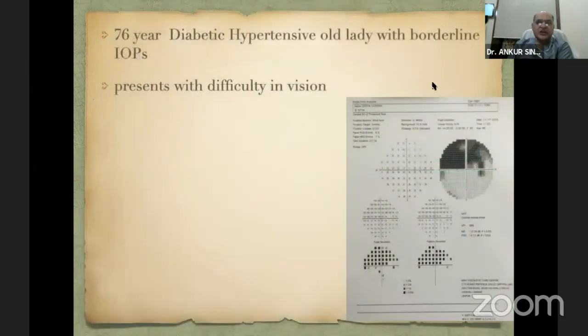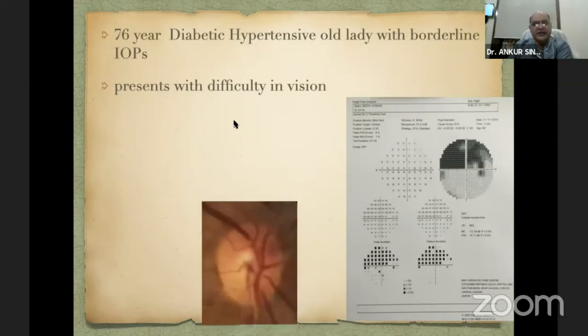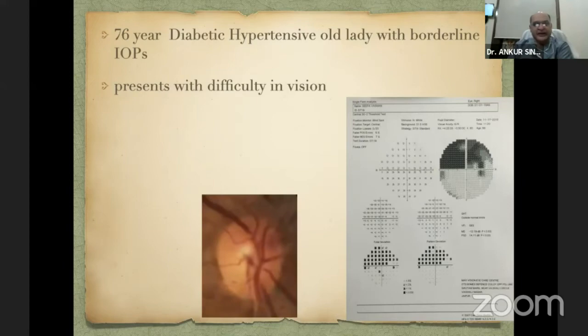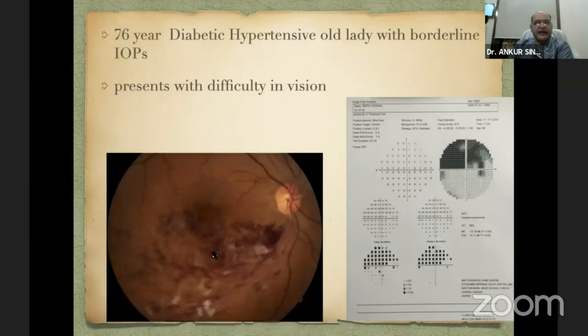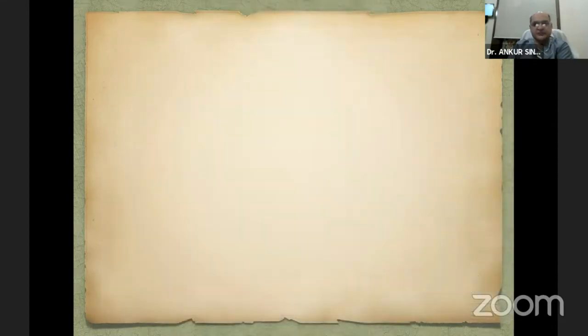Now, this is a 76-year-old diabetic old lady with a borderline IOP, and she suddenly presents with marked diminution of vision in one eye. And we see there's a gross visual field defect, because the patient was a glaucoma patient on follow-up. My perimeter with the visual field before I came. And this was the disc when I looked at it with the 90D. So I could see some hemorrhages here, which was not typical of glaucoma. Once we dilated her and looked, it was a case of inferior temporal BRVO, which was seen as a visual field defect in this visual field.